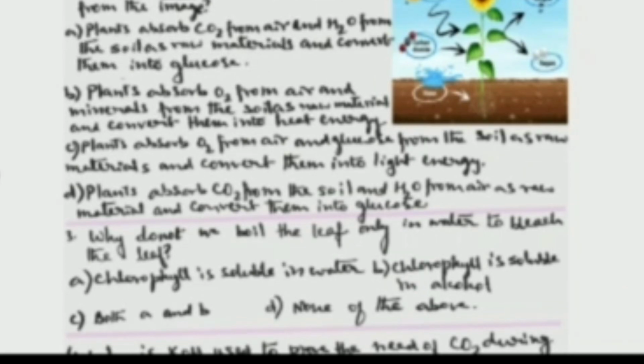Second question, you can see the image. Okay, the photosynthesis image. Here is a very big, lengthy question. Go through this question and try to answer it. The image shows the picture of photosynthesis. There are four options, out of which you have to find the correct option. You see, plants absorb carbon dioxide from the air. So many things are given. So you go through it and tell me which is the answer. So see the answer one.